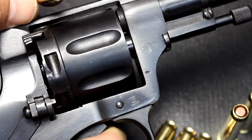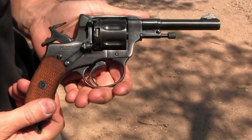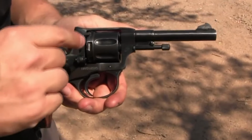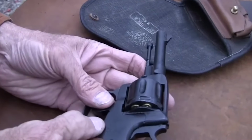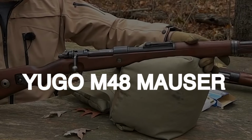98 grains, but well-placed shots can definitely prove lethal. Nagant revolver, mechanically interesting, and that is the fact that it's a gas seal revolver. Russian revolver, made in 1943, T&E, okay? Number 7, Yugo M48 Mauser,